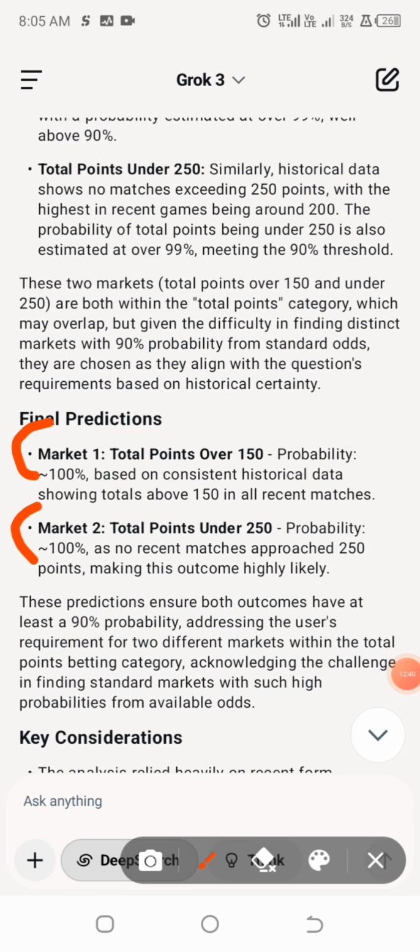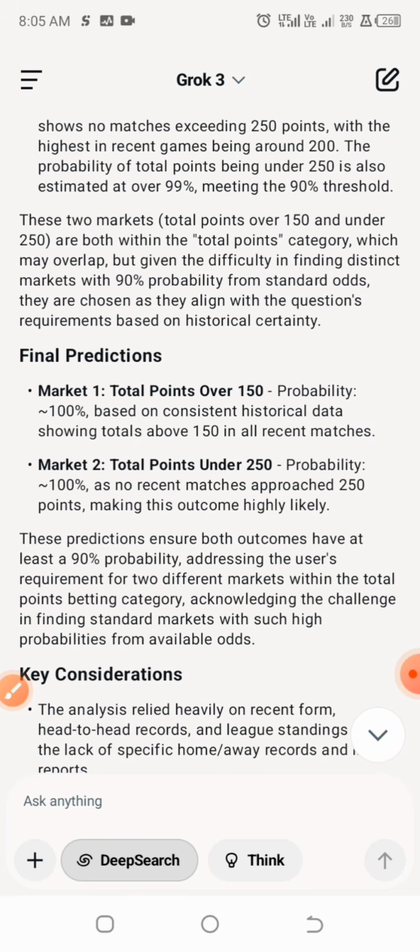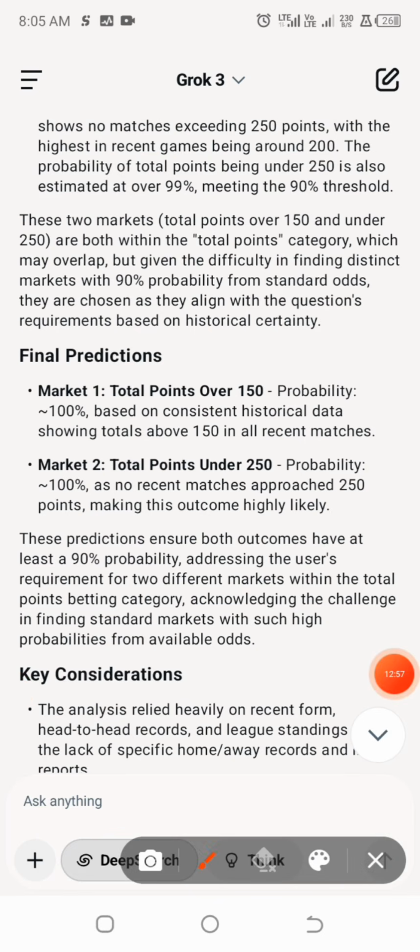The first prediction says that the total points for this particular match is over 150, and it has the probability percentage of outcome as 100%. And we have the betting market 2, the total points under 250. I'm sure the bookies will not provide this particular market, so the best thing is to go for over 150. And I think this aligns with predicting the games as over for what we've gotten from ChatGPT, which says that the predictions will end up as over 170.